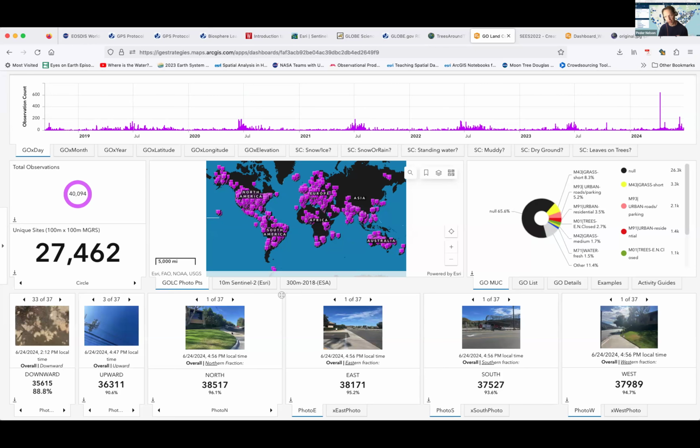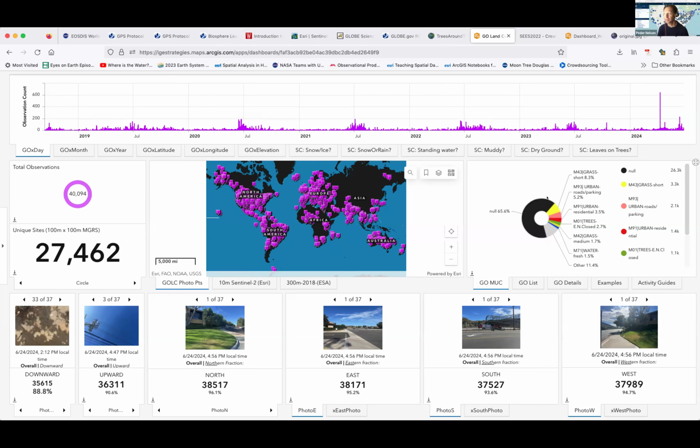Again, when you do land cover, you're putting that tree into context. And I think that's really, really vital, in part because I want to stress that it's not required, but 65% of our photos and sites do not have a label associated with them, right? And so one thing is, let's go find other sites in the tree database that have that same MGRS code, that same site ID. And that's one way that we might be able to fill in this missing information with the land cover photos.